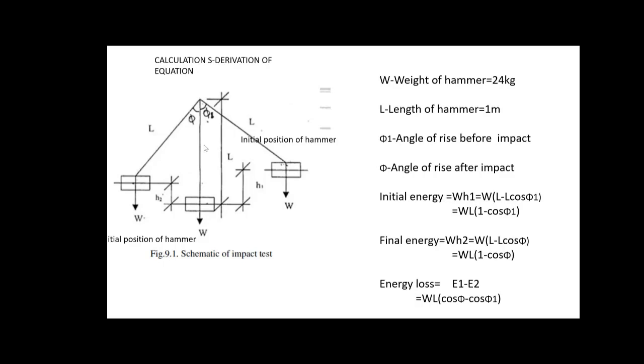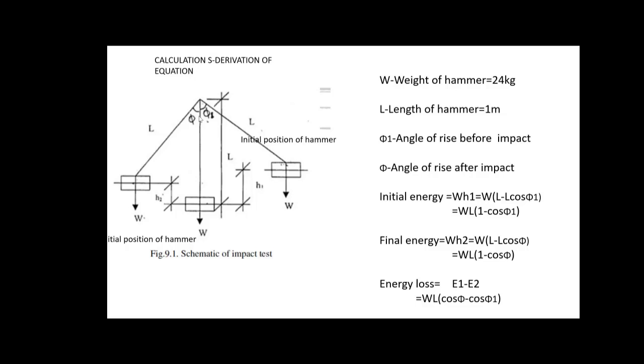So the final energy is equal to W into H2. That is equal to W into L minus L cos phi, where phi is the angle of rise of the hammer after the impact. Now we can calculate what is the energy loss. This energy loss is represented as the impact value or the